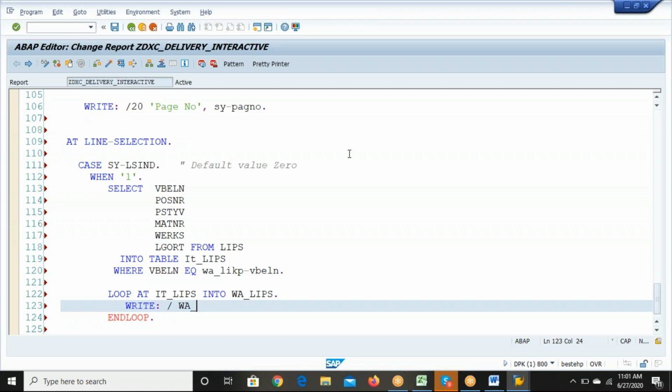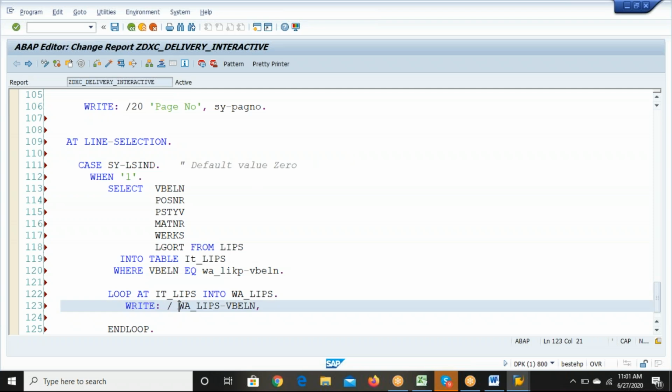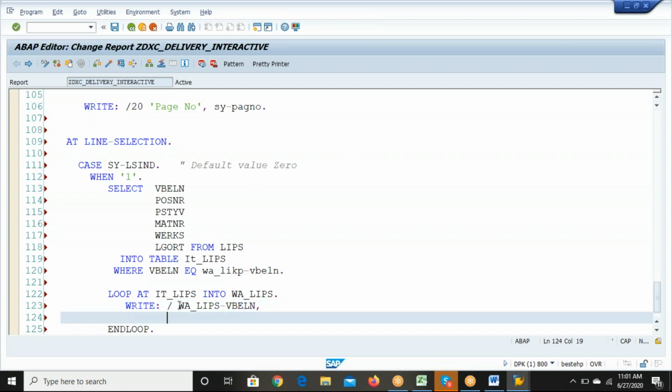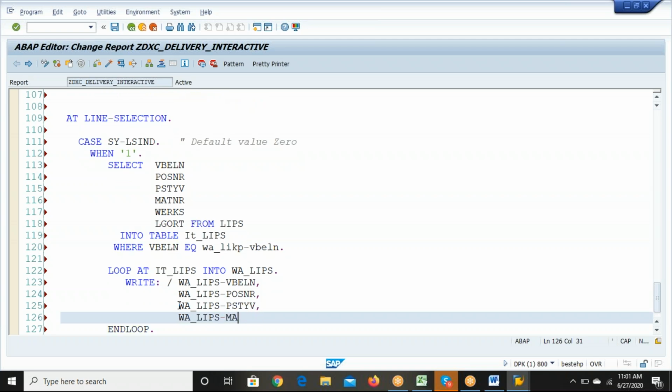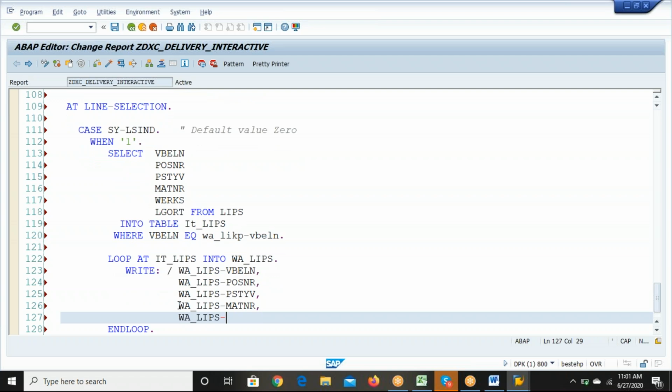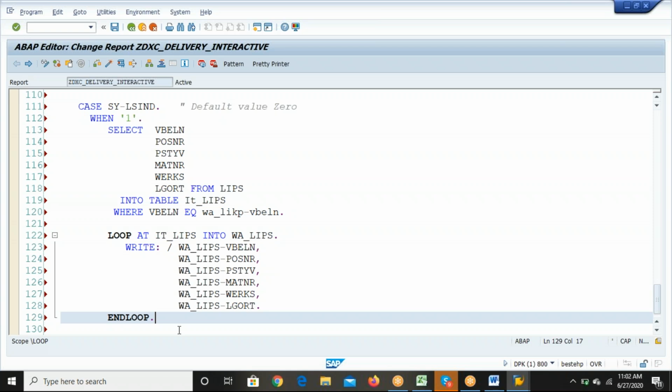You can apply the same logic here as well for this wa_lips-vbeln, posnr, pstyv, matnr, werks, lgort. That's it, right? So these are the fields from the second screen, and then we have to write the